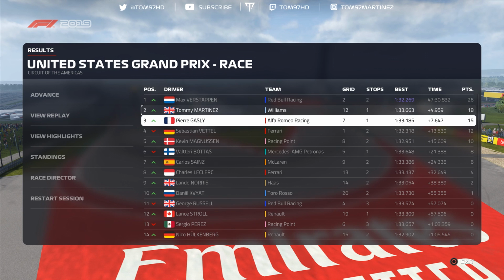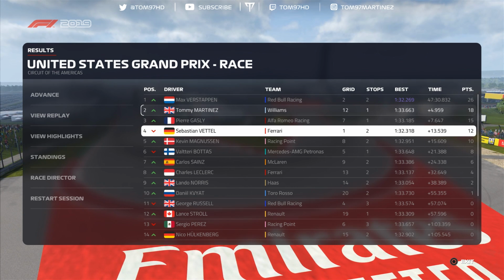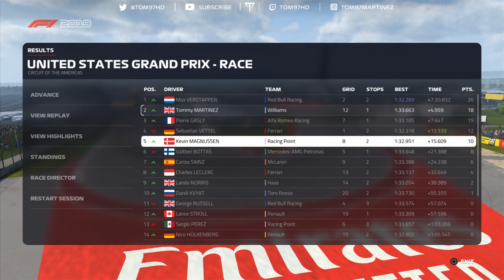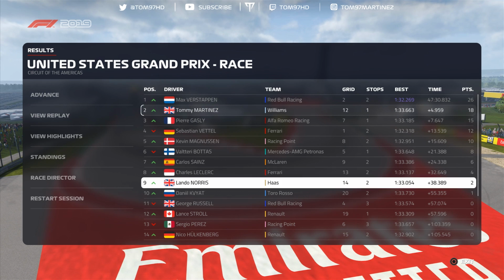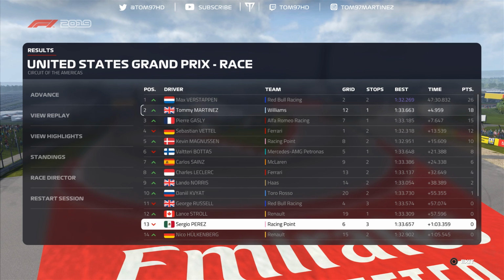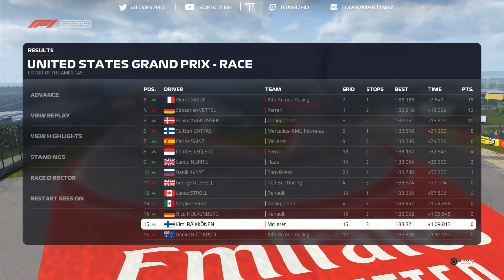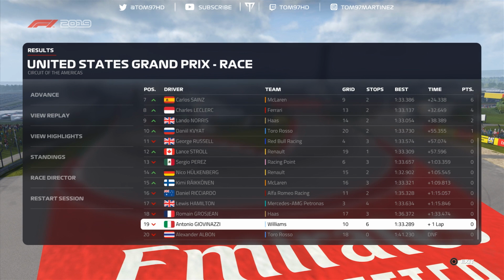Happy to see him do well in Alfa Romeo. Sebastian Vettel P4 for Ferrari, and those are some big points for the team that is now really struggling in terms of performance. Kevin Magnussen P5 for Racing Point, a miserable day in the office for them, with Bottas in P6 ahead of Carlos Sainz, Leclerc, Norris and Kvyat scoring the final point, with Russell missing out on the points today along with Stroll, Perez down in 13th, Hulkenberg, Raikkonen, Ricciardo, Hamilton, Grosjean, Giovinazzi, who did 6 pit stops in that race,